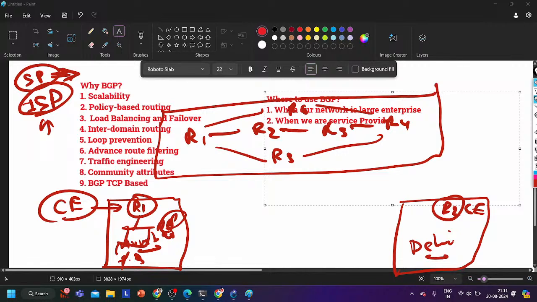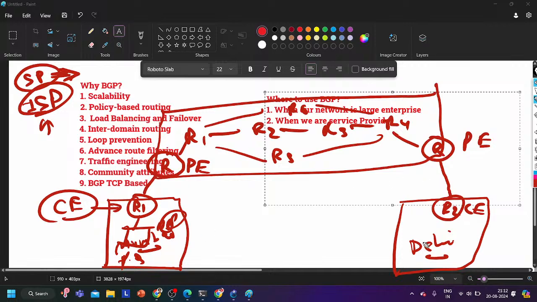So if I need connectivity from this service provider, what will we do? We will purchase the connectivity, then the service provider is going to connect my CE router to their edge router, right? And that router is known as, guys, the PE router, provider edge router. In the same way, here also the service provider will have one PE router, and they will connect PE to CE.